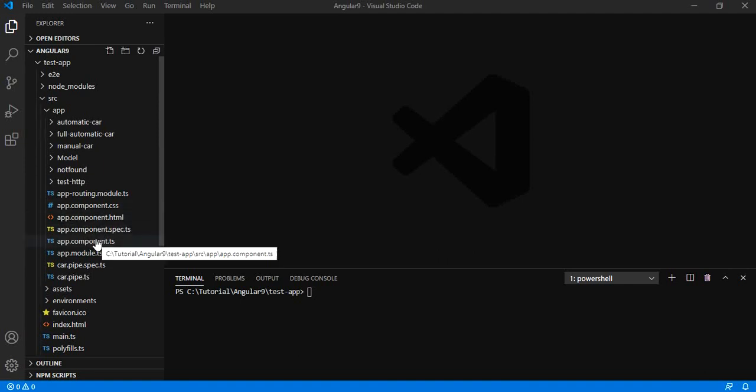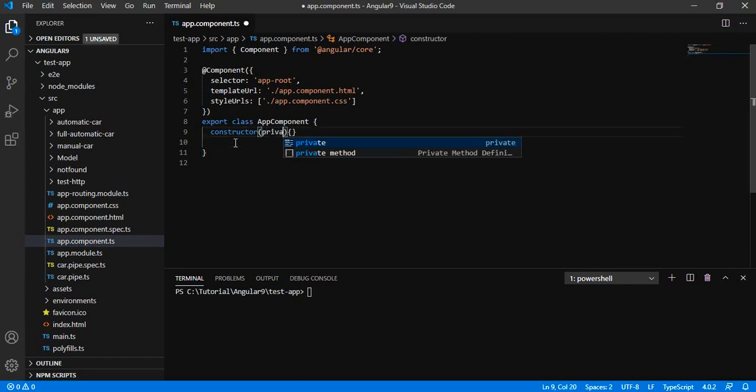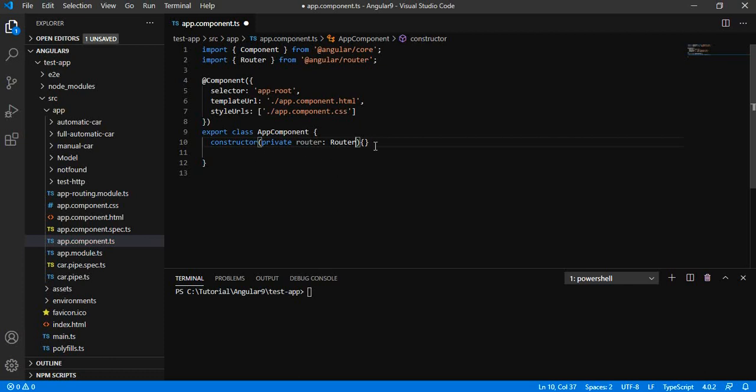Let us try to add the router method in app.component.ts. In our previous video, we saw that we already have two router links available, that is automatic car and manual car. Let's try to create it.